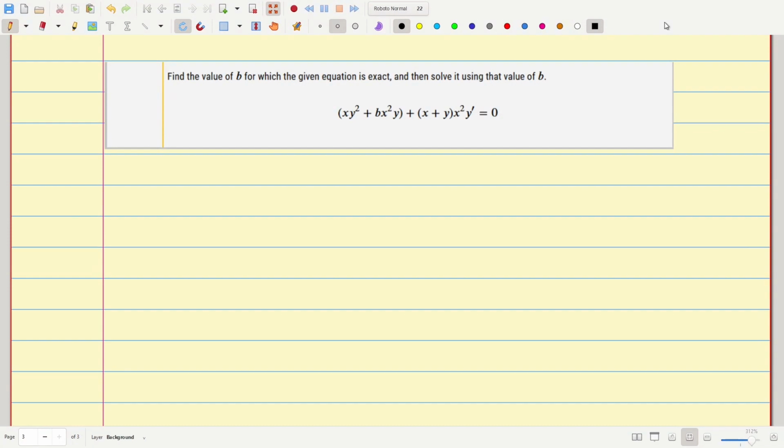All right, in this question, we're going to be examining this differential equation and determining the value of b for which this is an exact equation. So let's copy it down here. Okay. Now the idea behind this is that it is, as an exact equation, tied to the idea of potential